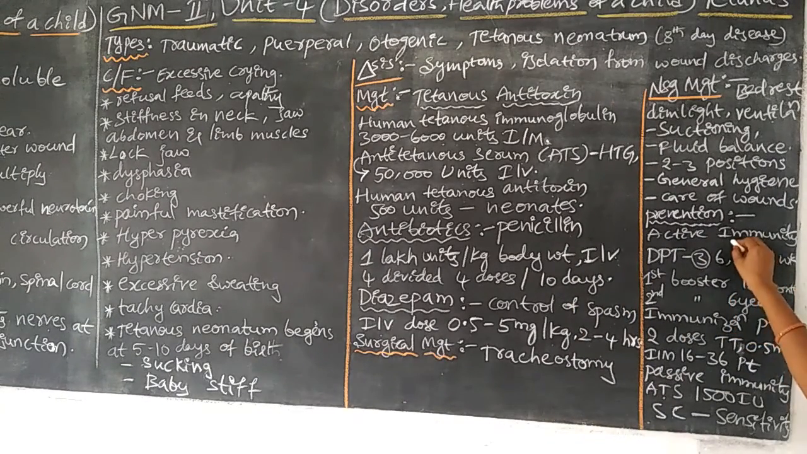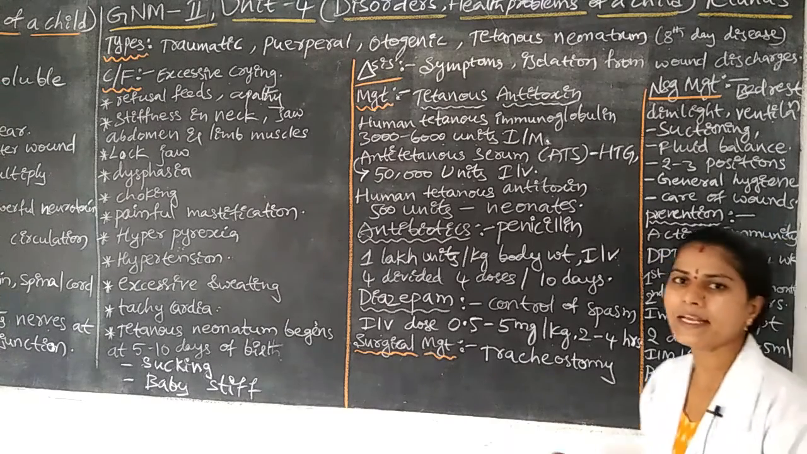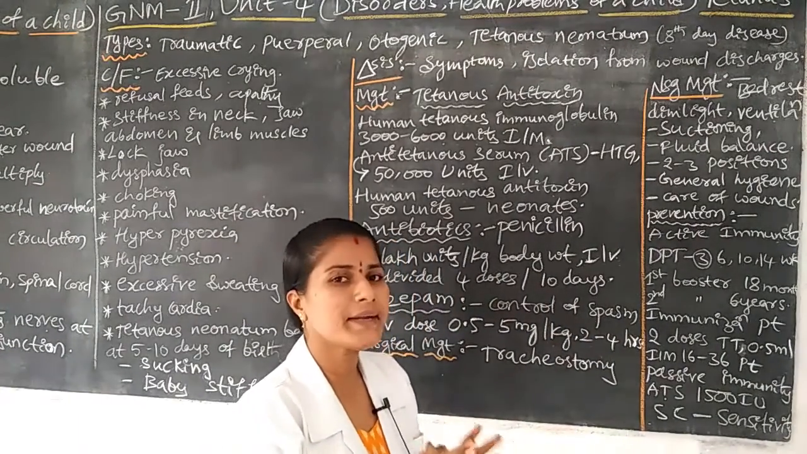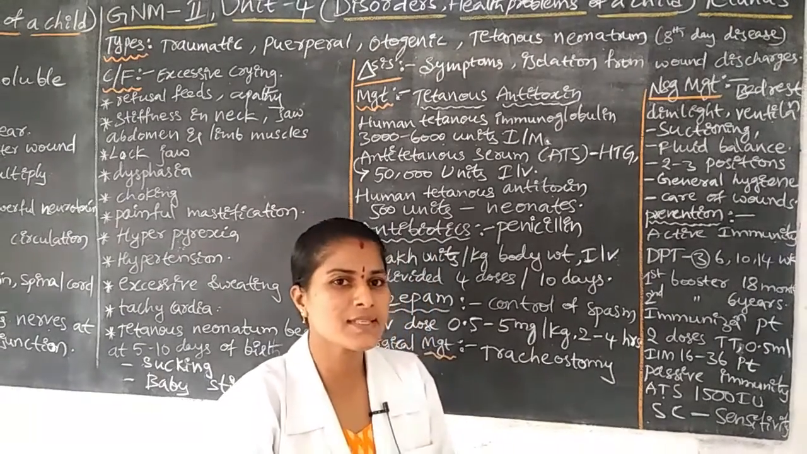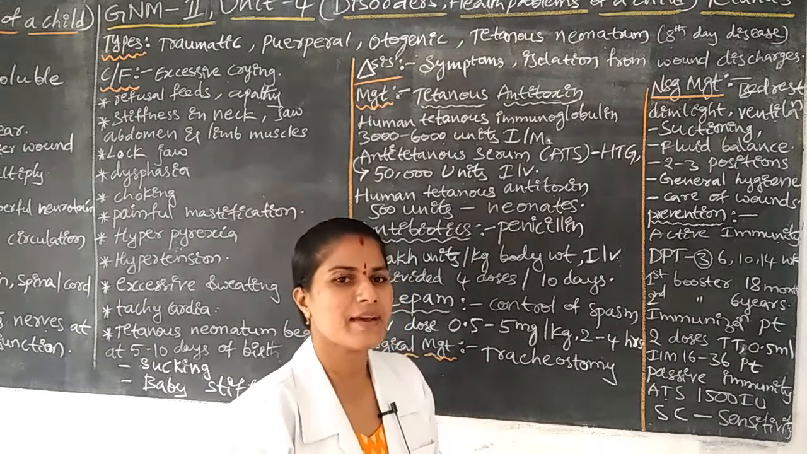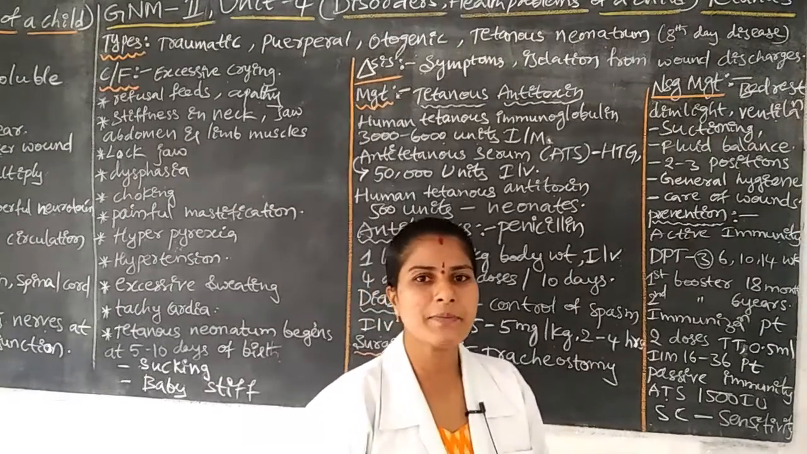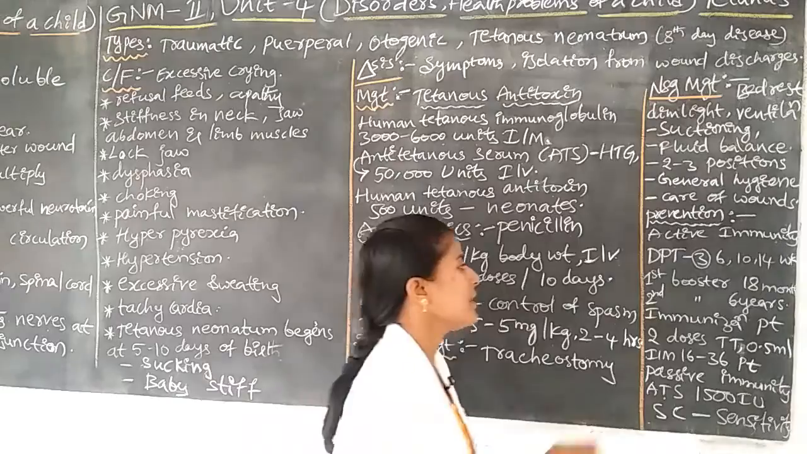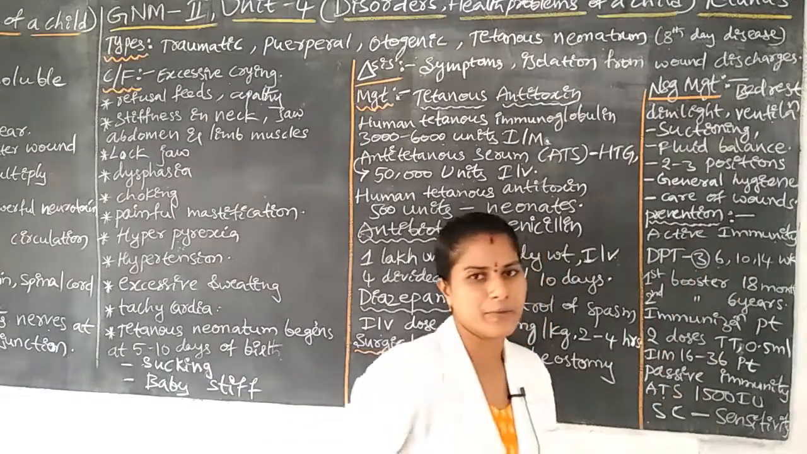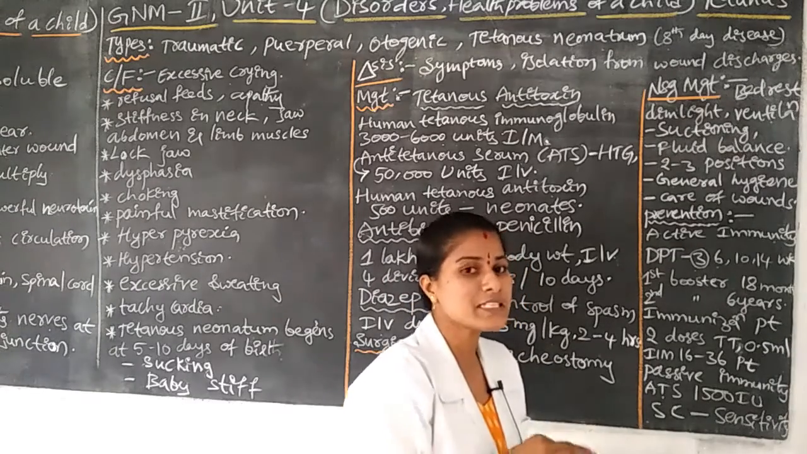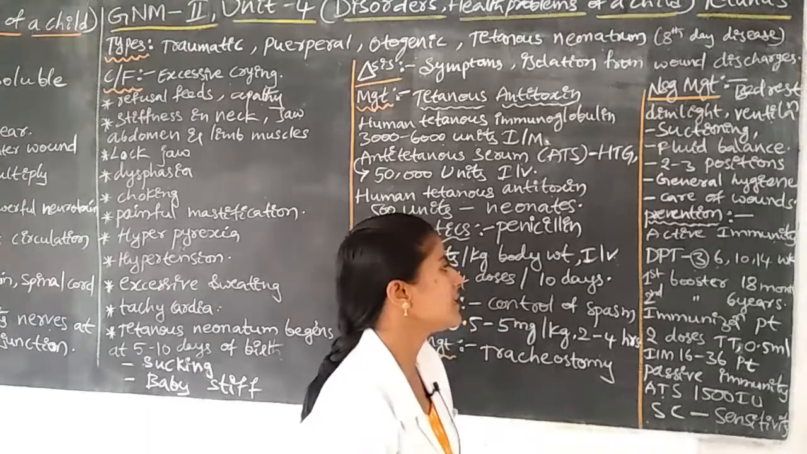For prevention of tetanus disease, we have to administer the DPT vaccine. Diphtheria, pertussis, tetanus. Three communicable diseases will be prevented by only one vaccine, that is the DPT vaccine. When we have to administer means the vaccine should be divided into 3 doses. The first dose at the age of 6th week. After birth of the newborn baby, at the age of 6th week of life, we have to administer the